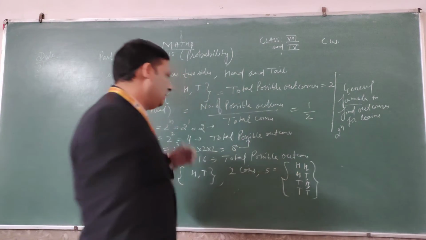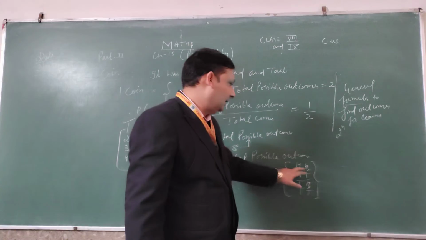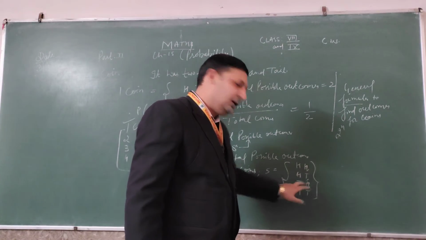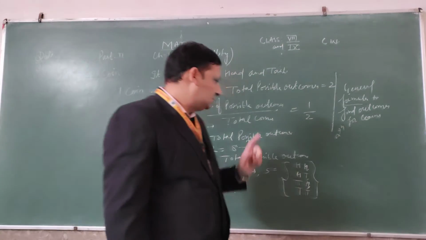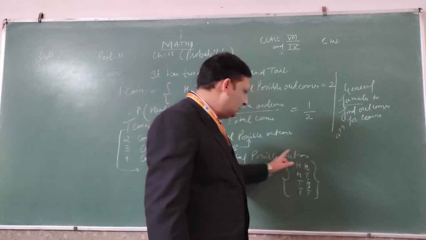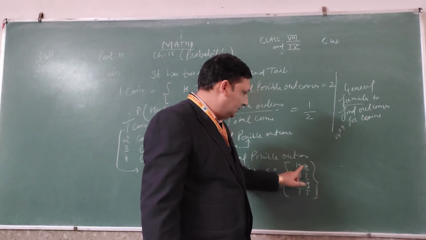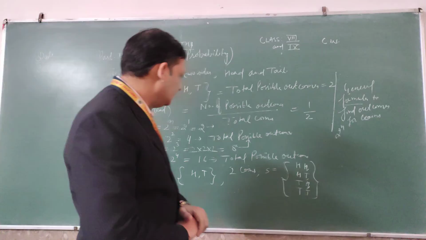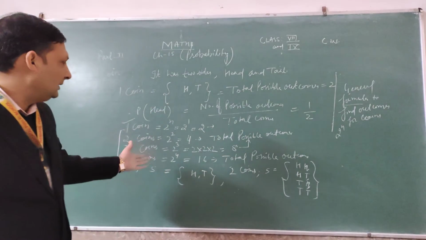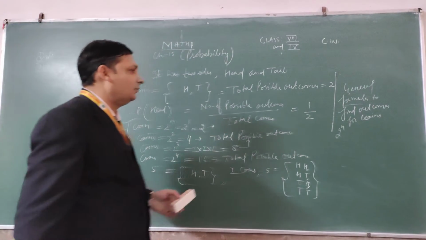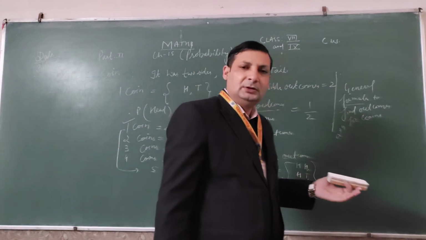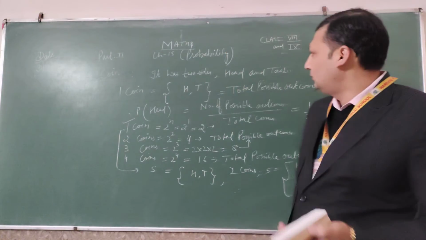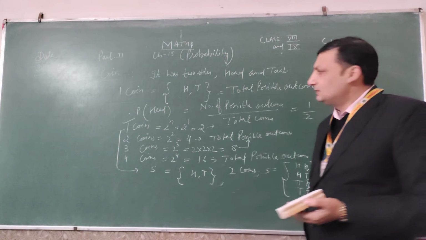So it means when we toss 2 coins, the sample space will be head head, head tail, tail head and tail tail. In this case, no outcome will be repeated. So see here, 2 times head, in this one head is in front and here head is at the back. Now, how to write the sample space for 3 coins and 4 coins? Similarly, we follow this method to write and to understand sample space in a simple way.